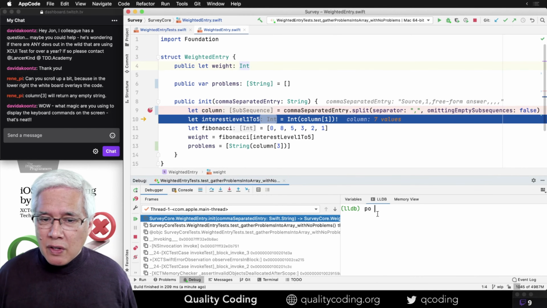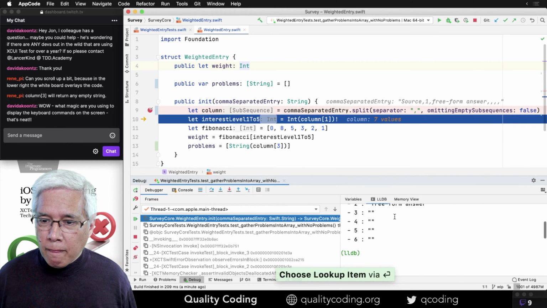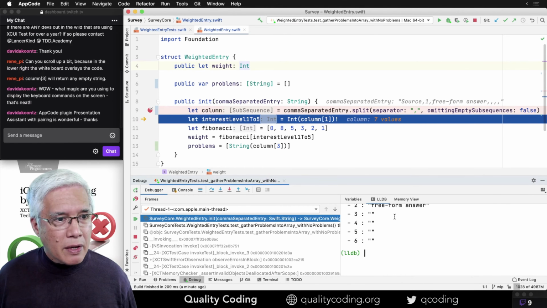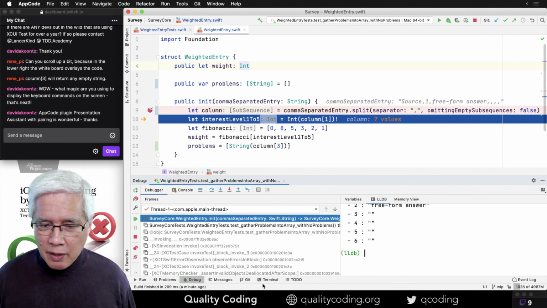All right, so we've got these columns. So that looks good. It's coming back as empty string.